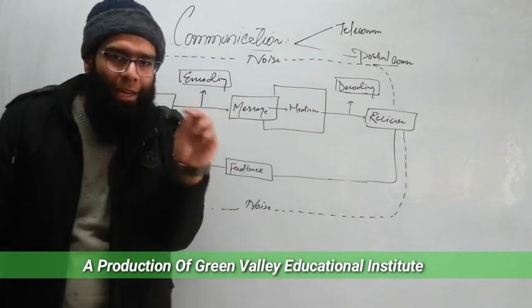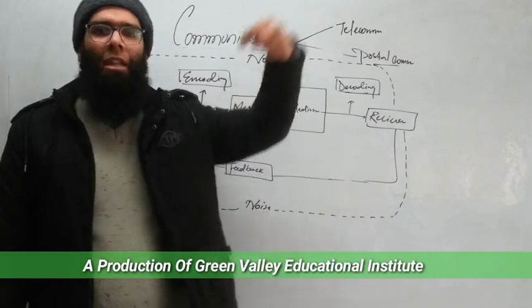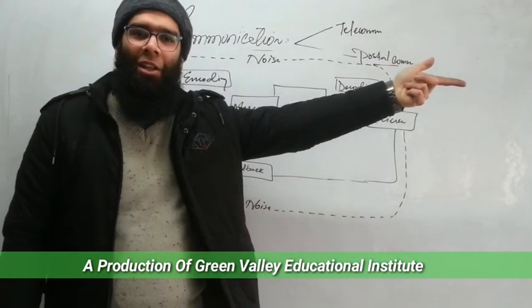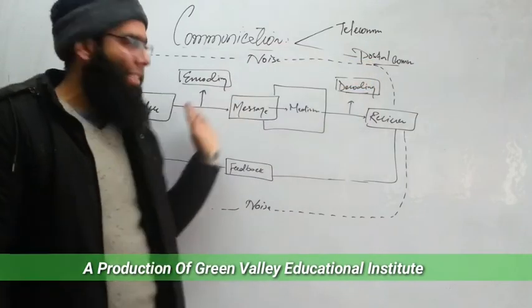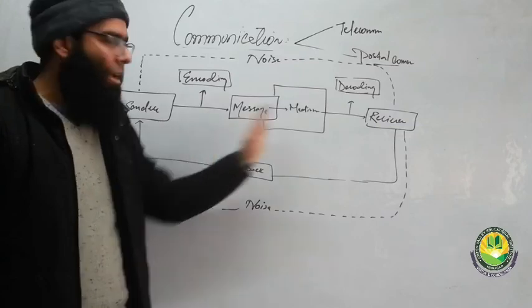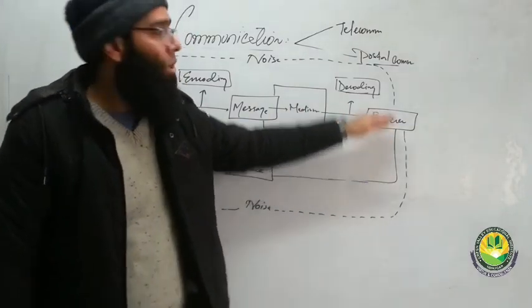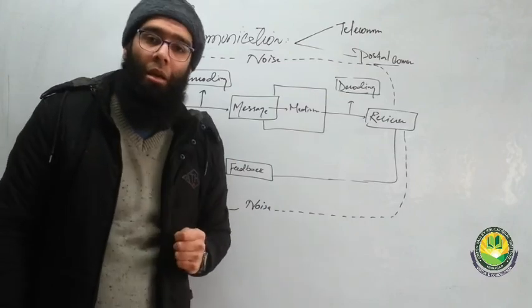Imagine when you used to write a letter to your friend and you used to post it in the post office and they will take it to your friend. So the postal services became the medium between sender and receiver. They will take up the postcard, they will take up the letter and they will deliver to the receiver. So these are the two forms through which communication can be created.